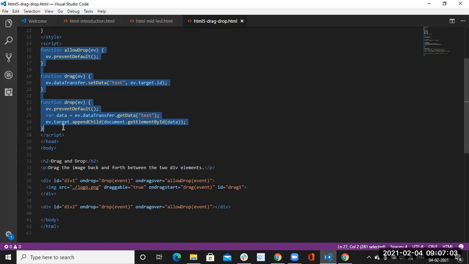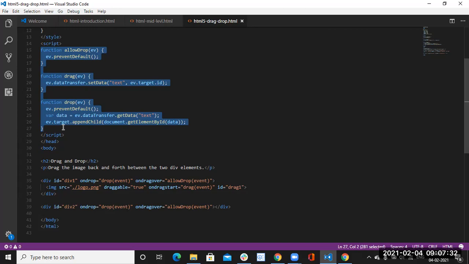Now we will see how we can store the data in session storage and how we can store the data in local storage. With session storage, we can close the window and then try to get the session storage data again, and we'll see whether the data is still available or not. We will see the same scenario with local storage also.